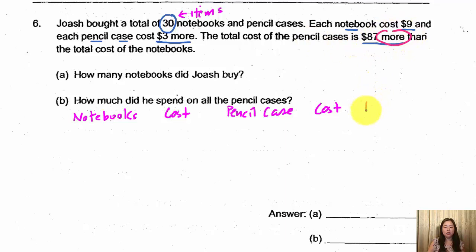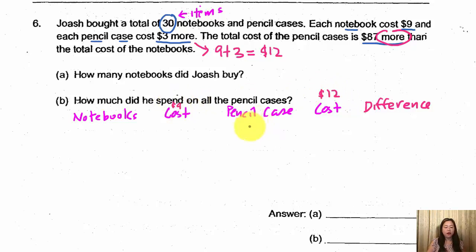So basically we are trying to compare the difference between the total cost of the notebook and the pencil case. Since the total cost of the notebook is more, we can assume that there will be more pencil case than notebook usually. So let's think about how much is each pencil case first. And for each pencil case, since it is $3 more than the notebook, it will be 9 plus 3, which is equals to 12. So all pencil case are $12 and all notebooks are